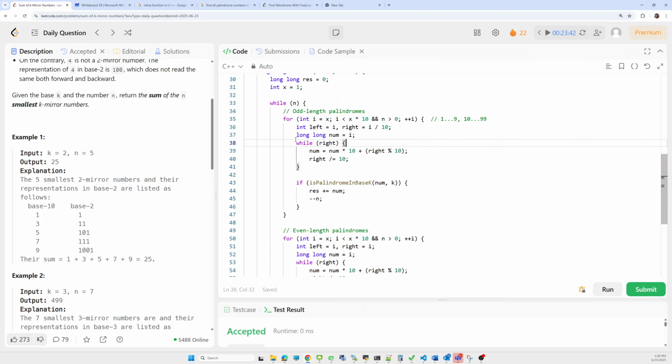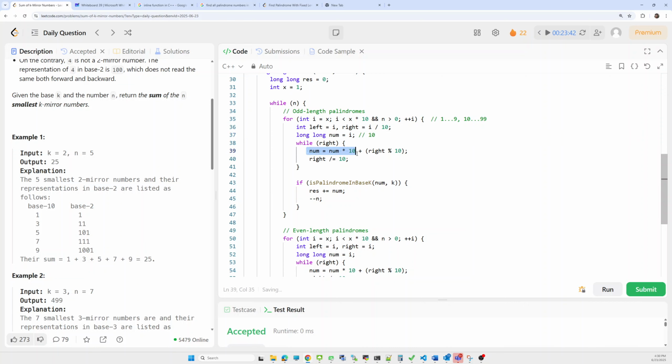Now we'll take a loop until our right element is there, and here we'll generate the palindrome, which is initialized from I. So initially num will be 10.